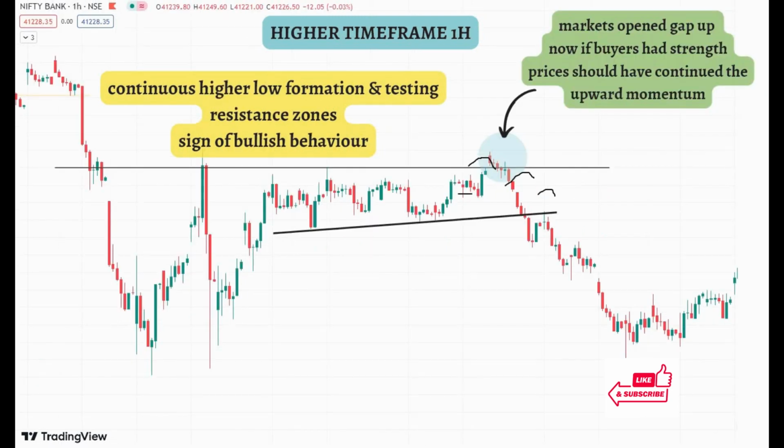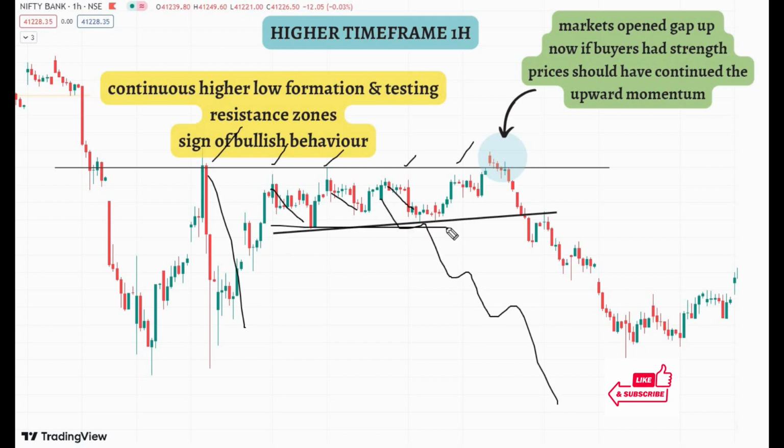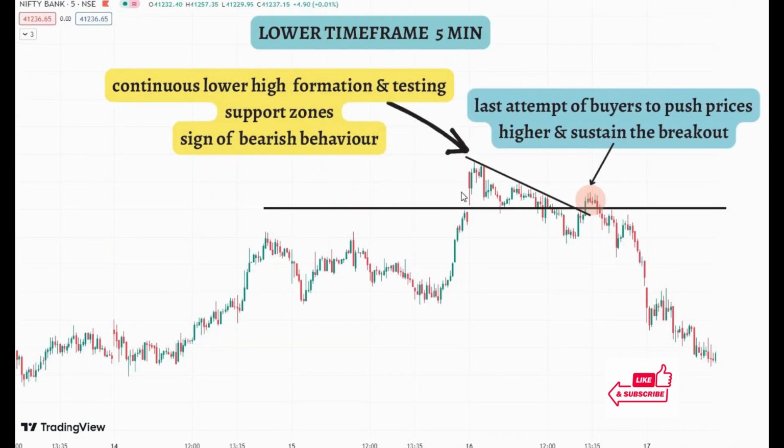Prices got continuously tested and rejected from these levels, but sellers were not able to push the prices aggressively towards the downside by breaking the last swing low, indicating that bulls are very much active. Now today prices broke out of this level, indicating that the bulls are very aggressive and prices would go towards the upside. But what happened? After the gap up, prices continuously started to form lower high formation and eventually broke this important support